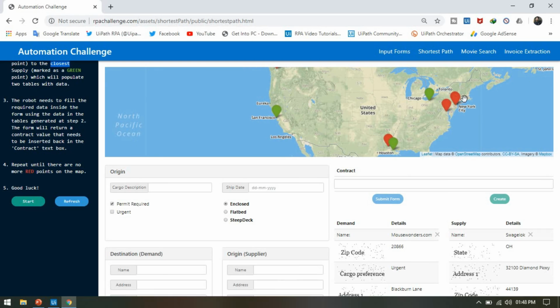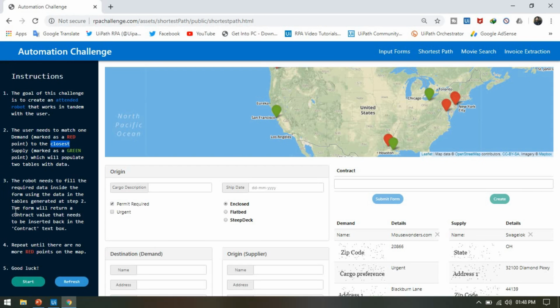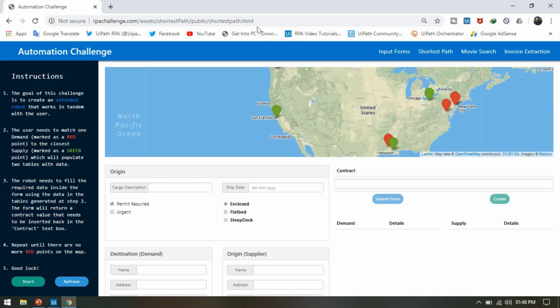It means this is the demand. So first we need to start from here. Let me close this here. First, once we open this browser and open this URL for shortest path, we need to click on this start so that we can start the challenge.